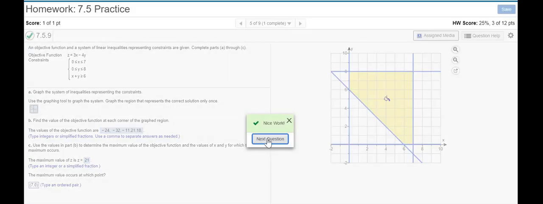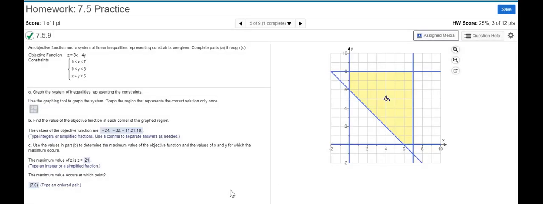So that's it. That's the full problem there. Just getting all the lines graphed, then getting all the values for all of your corners. Then you choose which one's the biggest, and then you state the order pair that produced that